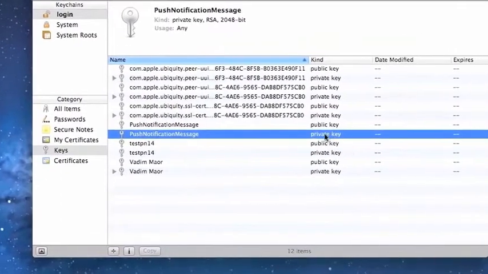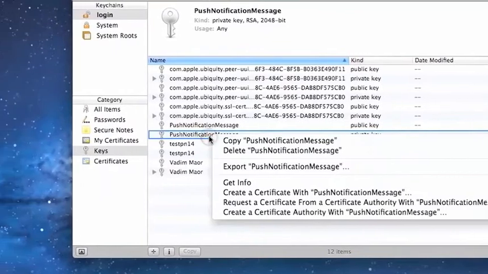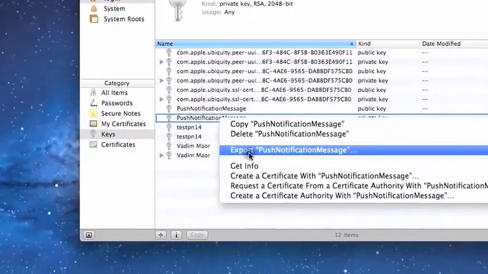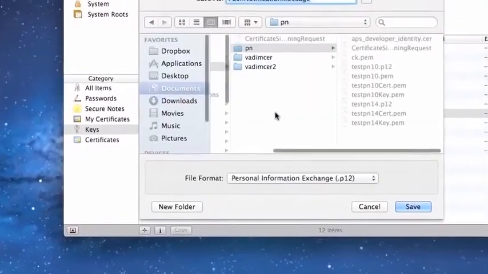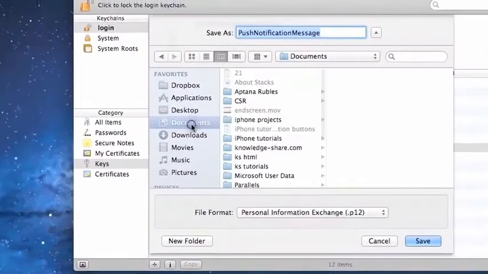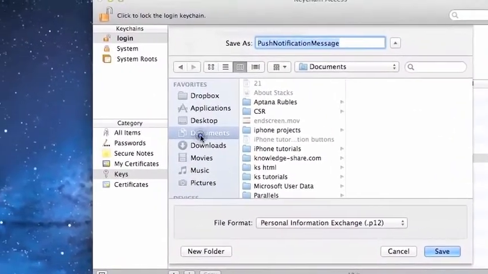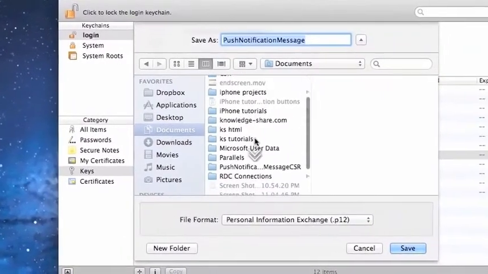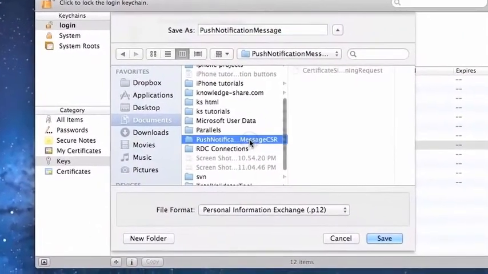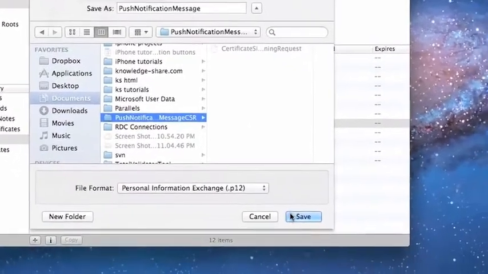So we're gonna go to the private key and right click and export. I think I'm gonna put it in the same folder. So we saved it in documents, push notification CSR. So I'm gonna save it,